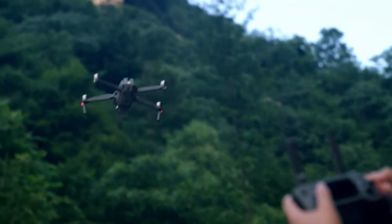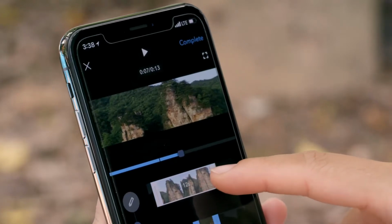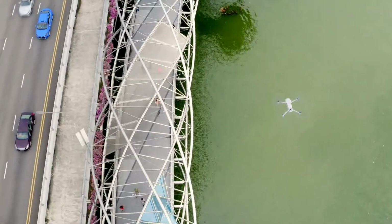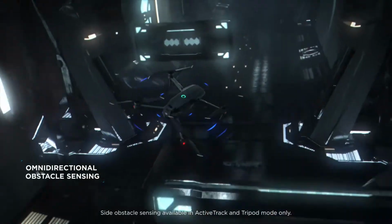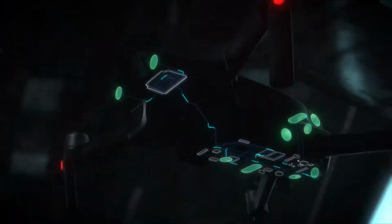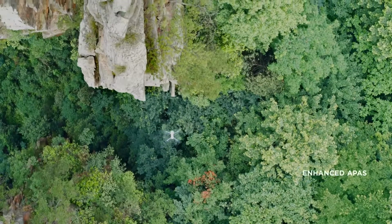The all-new OcuSync 2.0 provides a 1080p transmission signal up to 8 kilometers, so you can edit full HD footage directly from the cache on your mobile device. 2.4 to 5.8 GHz auto switching offers better performance in environments with busy signal interference. For the first time in a DJI drone, Mavic 2 boasts obstacle sensors on all sides of the aircraft. Its digital nervous system continually transmits data to a new, more powerful central processor. The aircraft analyzes every inch of its surroundings to move around obstacles without stopping, so you can focus on capturing